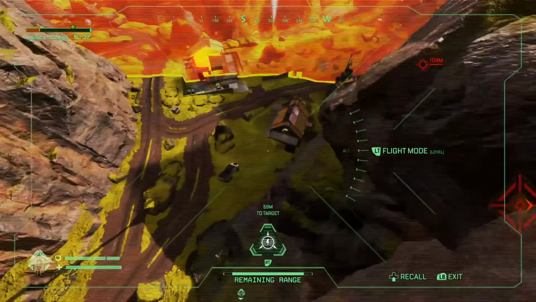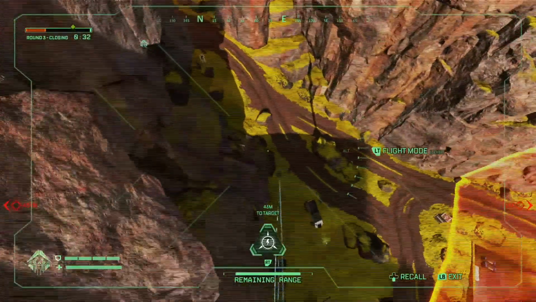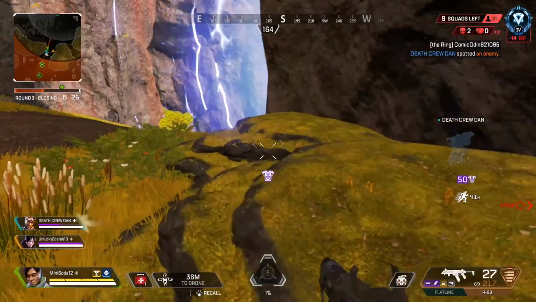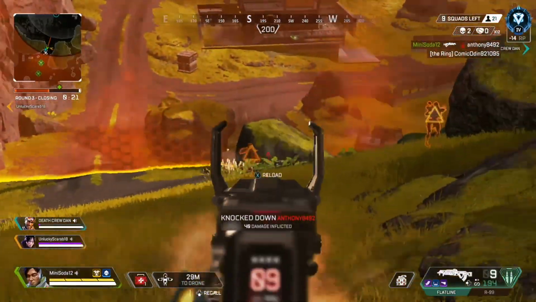Here I have another example, but with a full team. So I know this team has to move because of ring. I locate them, they're moving towards me, and then boom, I drop the drone, EMP, and an easy cleanup. So yeah,